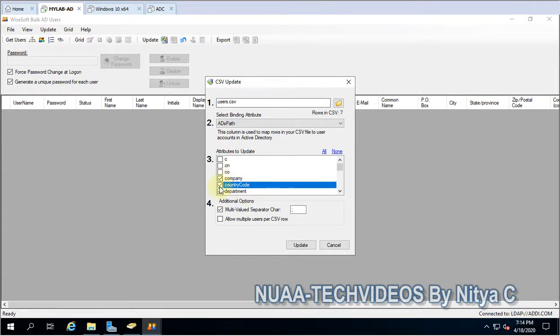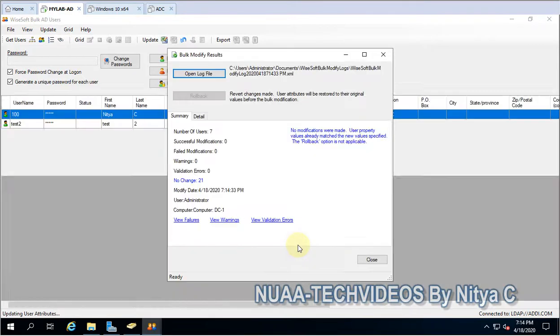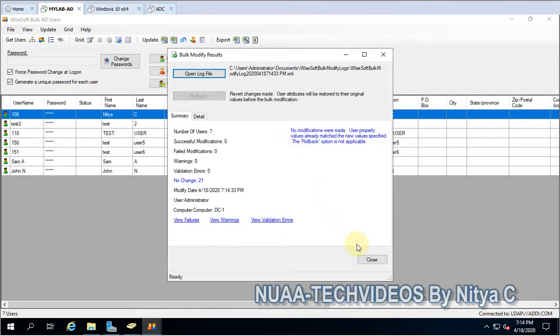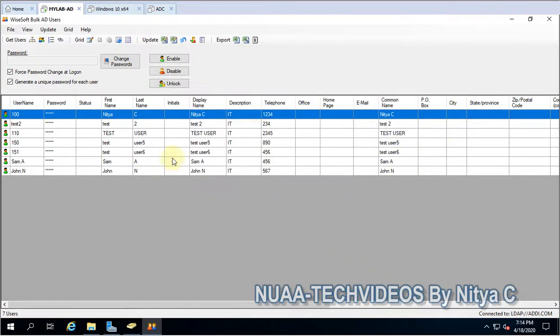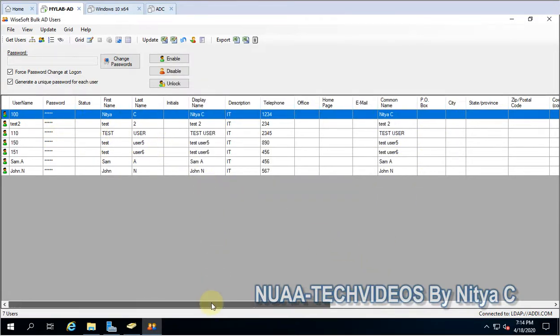You can select those attributes and just click on update. So once you are done, the updates which you have given or fed into the comma separated value or the CSV file will be updated to all the users.